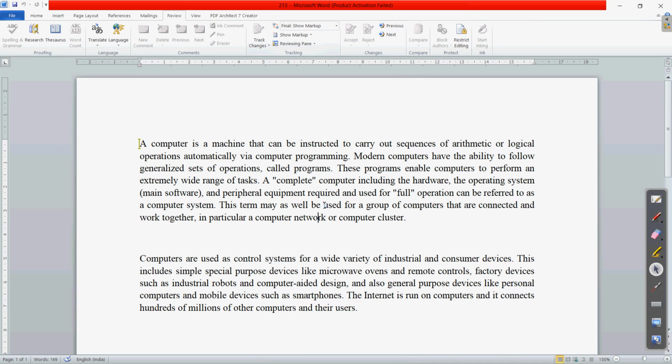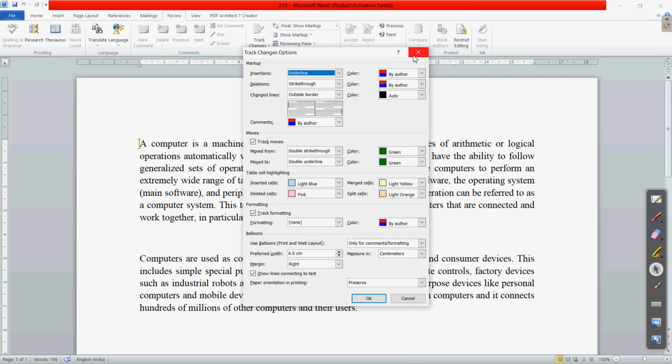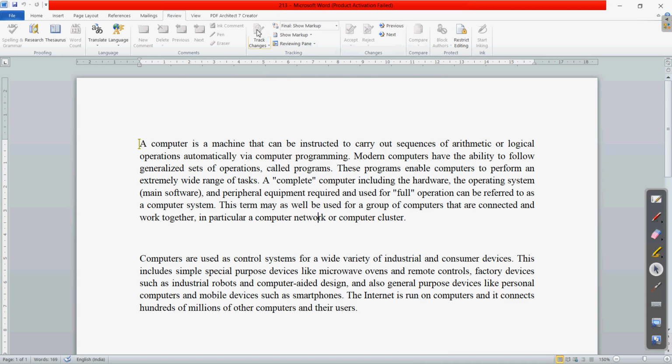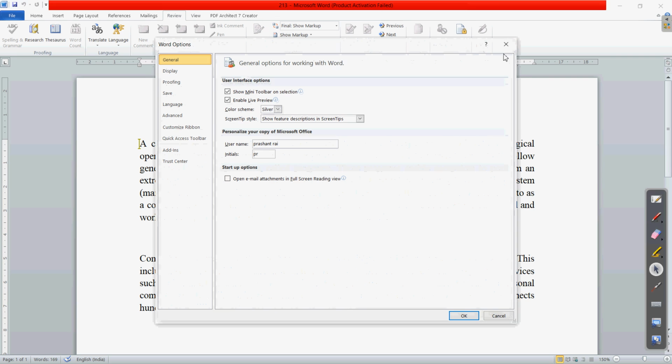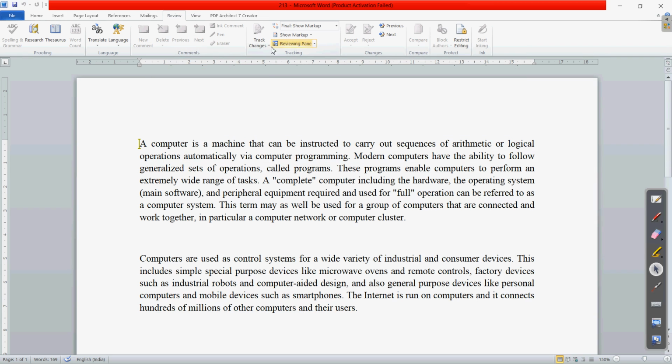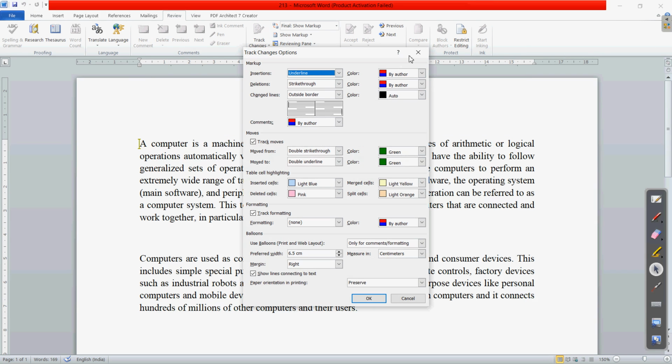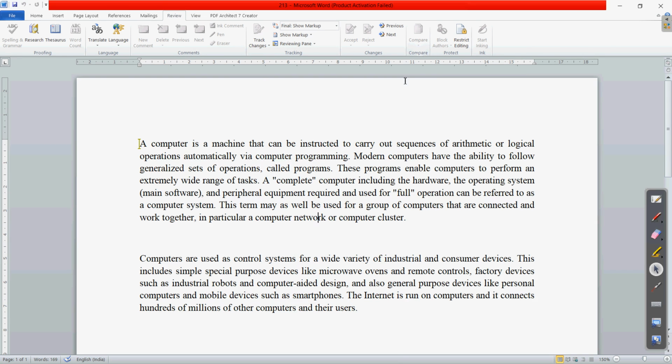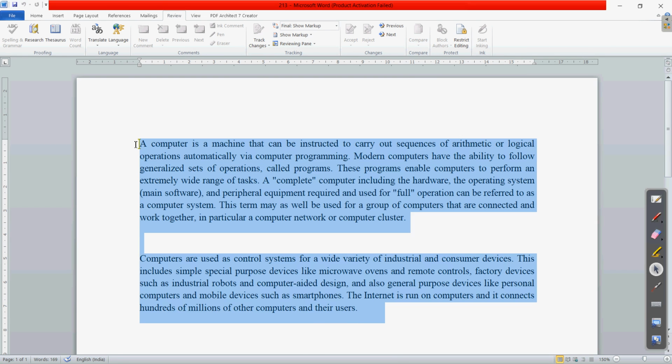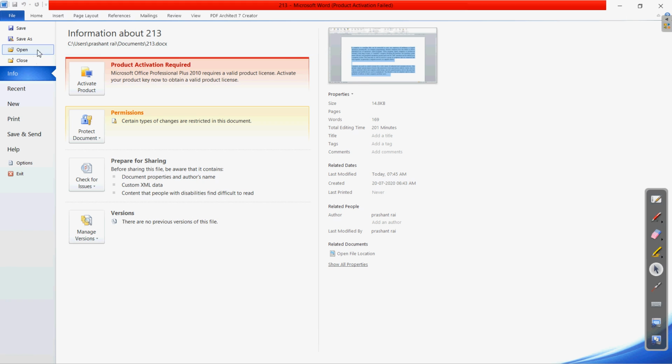So maybe because of the password which we have set, the document is protected. Let us try a new document, on which we can apply this.